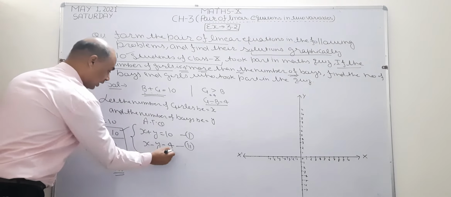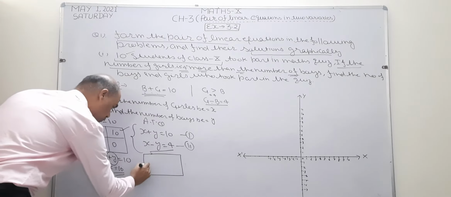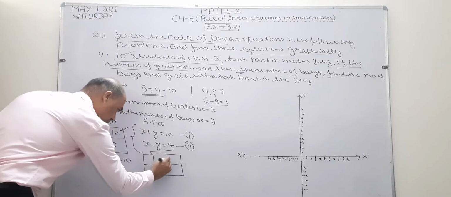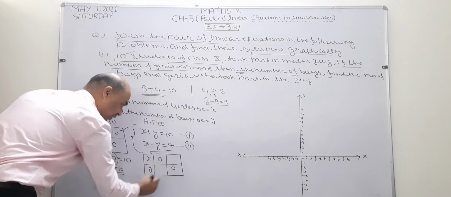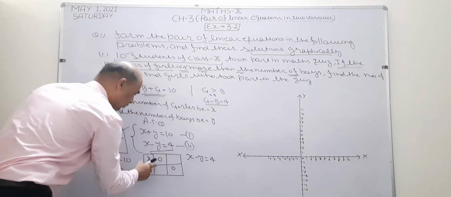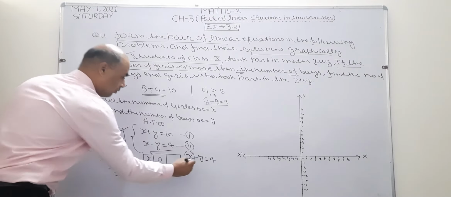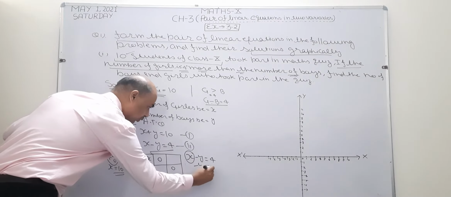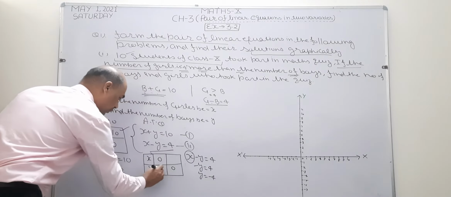Now I am going to draw the table of this equation. Same method I am going to use. This is a very simple method. X, y. Diagonally I take x and y, 0. I write down the equation. First, in this equation I am going to take x equal to 0. This x becomes 0. What is left? Minus y equal to 4, means y equal to minus 4. So I write here minus 4.